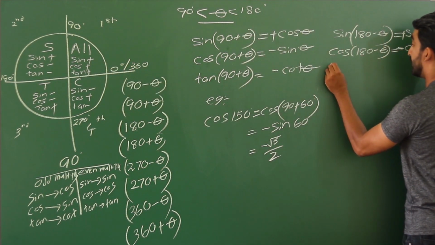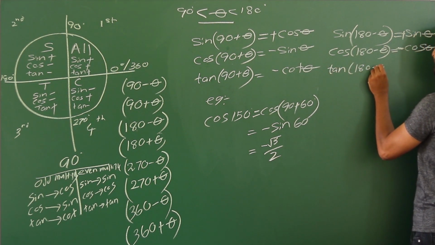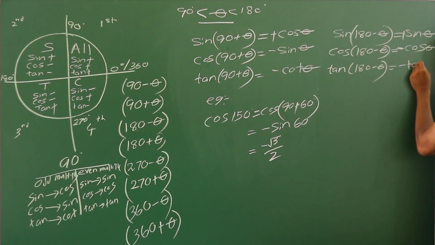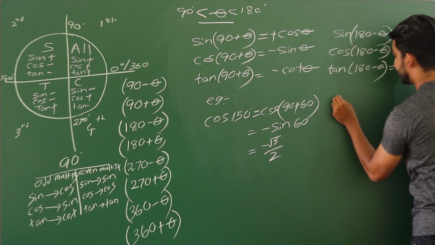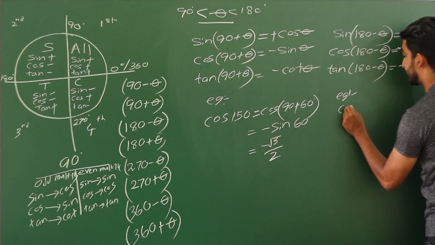Now tan(180 minus theta) equals minus tan theta. Now example, same example, now let's say cos 150 degrees,